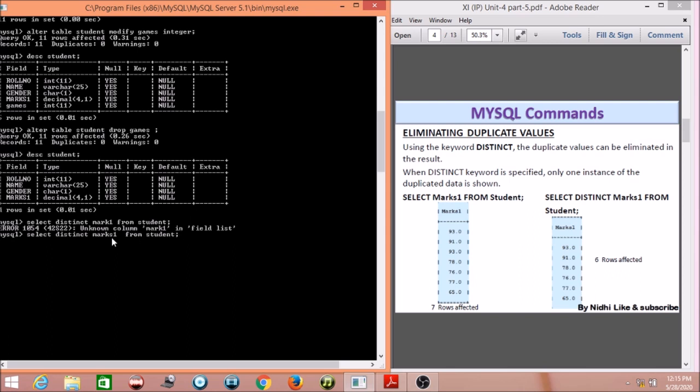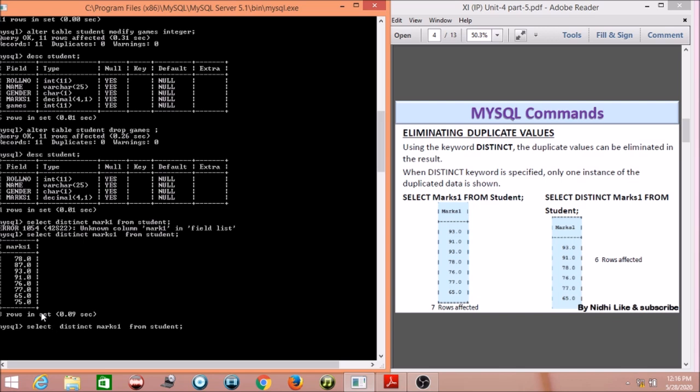Maybe I can also get an error. It is not compulsory that I will not get any error. So see here, marks, they are not repeated. Okay, like this. If you want full columns, then you can write like this.